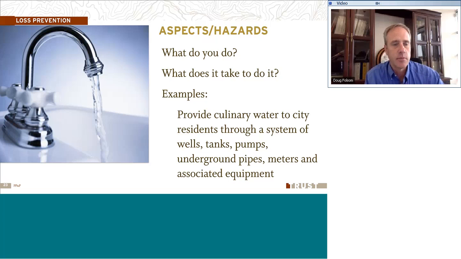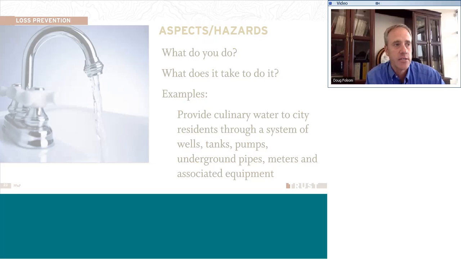We need to have a system, we need to have a source. There need to be pumps, storage reservoirs, pipes. There needs to be maintenance of these things. There have to be meters. There have to be certain pressures that are monitored and controlled. And so, when we get into that, we really need to understand what could go wrong here, what we need to accomplish our goal, and what can go wrong with that as we go through, identifying those hazards.